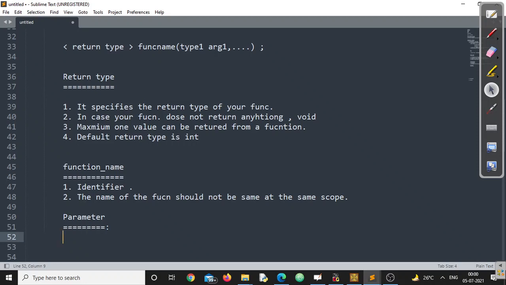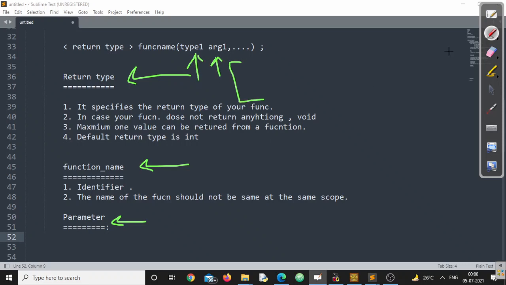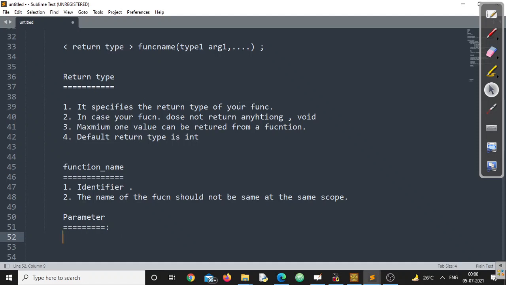What exactly parameter is? Since the first one says return type, second one says function name, parameter says what will be the value this particular function will accept, so that we can process the things. I repeat, the argument confirms how many number of values your function can take and what are the types of those values. Remember this point. So what are parameters?